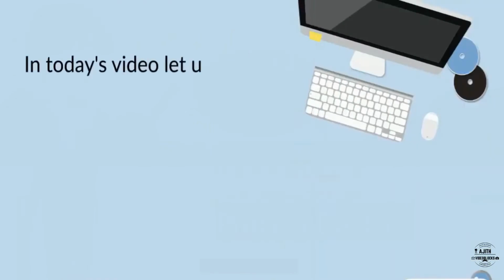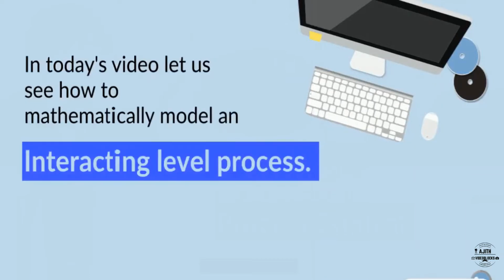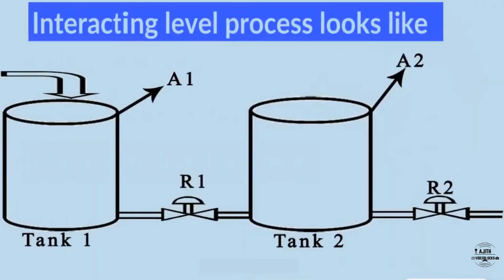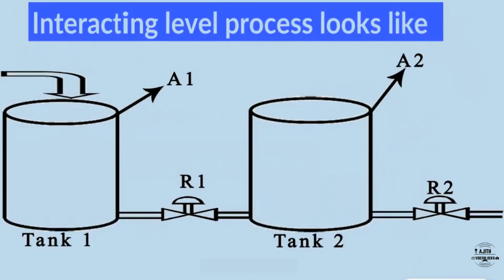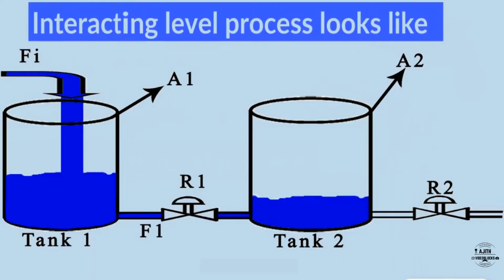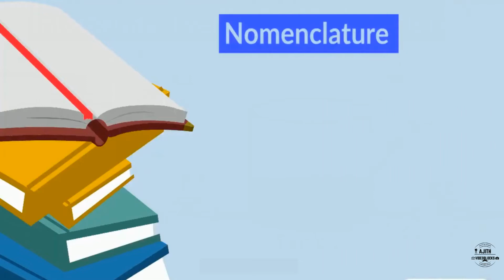In today's video, let us see how to mathematically model an interacting level process. The general interacting level process looks like this. In this interacting level process,